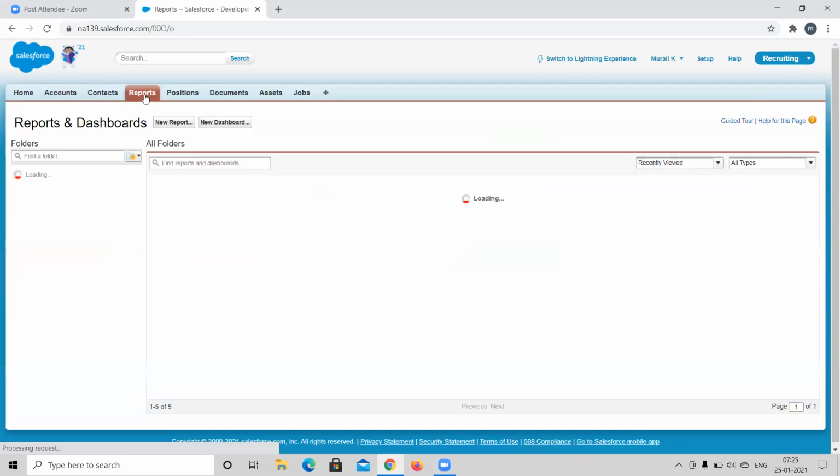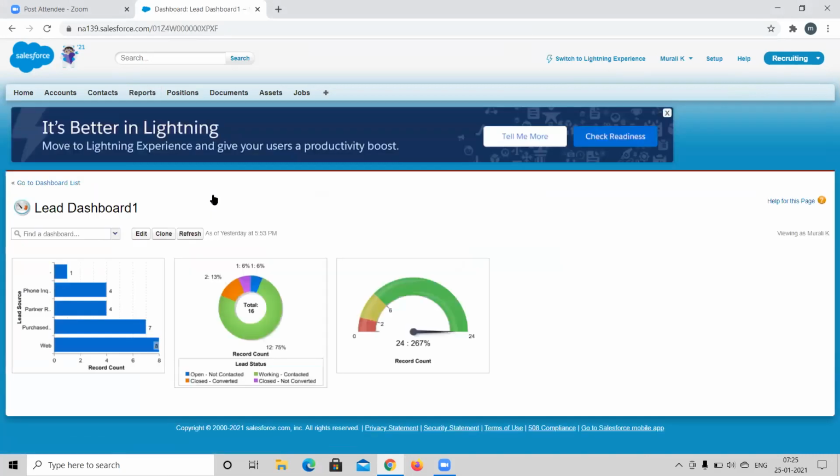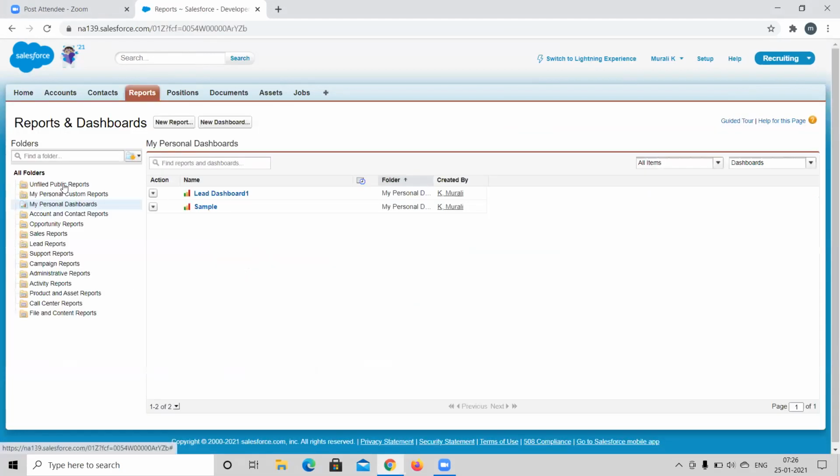someone asked me a question yesterday. And even before that, let me open a dashboard. I missed something yesterday. There are two kinds of dashboards: one is a static dashboard and the second one is a dynamic dashboard. A static dashboard is for someone like a sales manager or higher-level management who wants to see the organization-wide data, the complete data. And if we want to see user-specific data, whoever logged in to the system, that user's data,